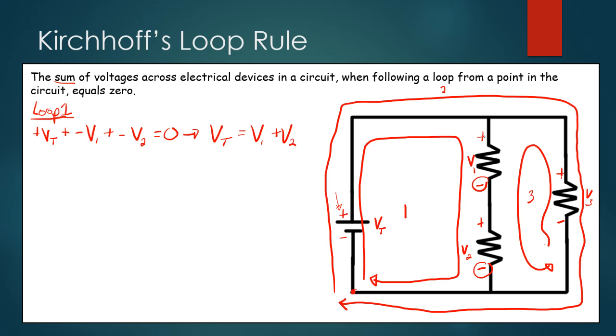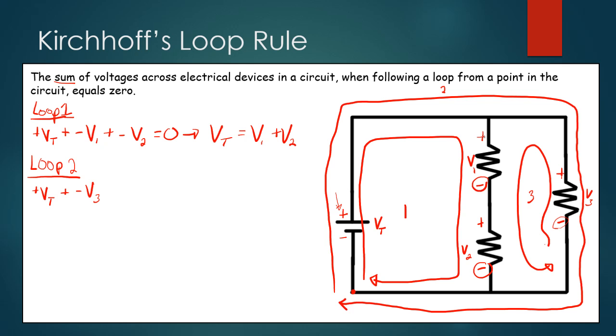So there's loop 1. Let's look at loop 2. Now loop 2 goes all the way around the outside. So we're going to start at the same point, and we're going to loop our way all the way around. Now the total voltage here, well, I'm going to add that. So once again, positive V total. Then I'm going to add the next one. And if I follow loop 2, well, I go down this other branch, and I take the leaving sign, which is negative, minus V3,